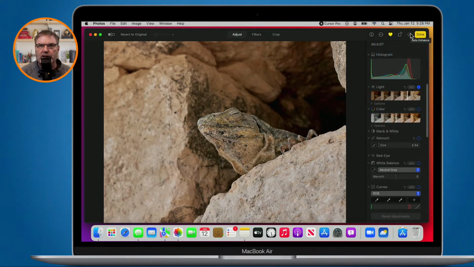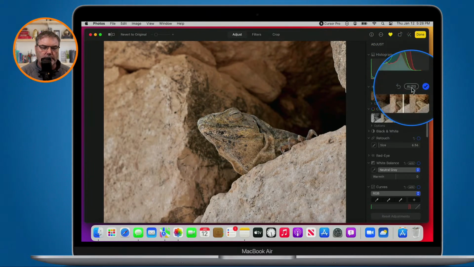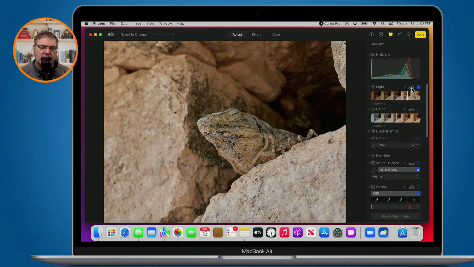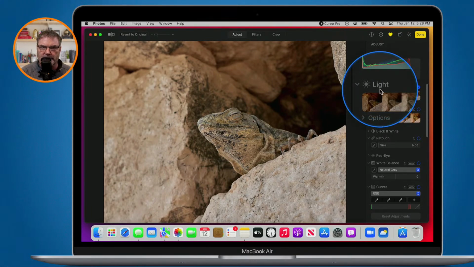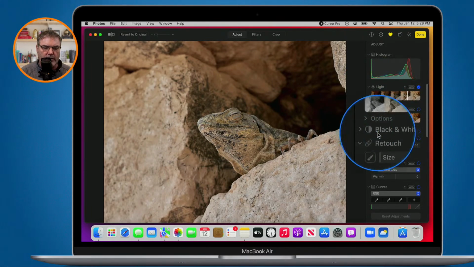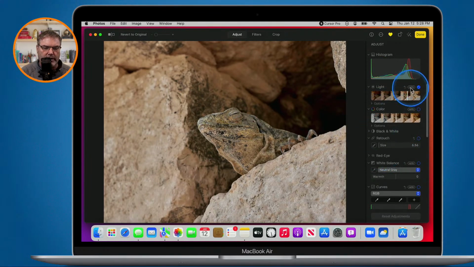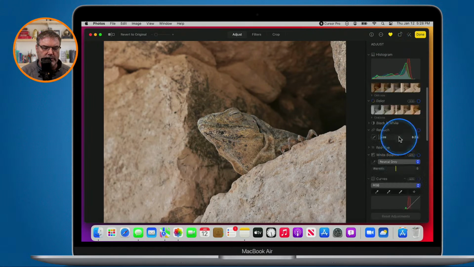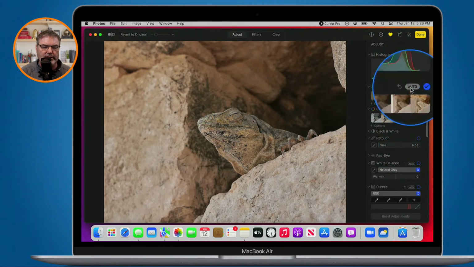We also have Auto Enhance for all of our different adjustments. If we look, you're going to see we have auto here. I click on this. What this is going to do is only Auto Enhance my light adjustment. It's not going to touch my black and white or my retouch or my color or anything else like that. So I click on auto, and all it did was just adjust light here. So everything else is going to be zeroed out. Just the light here. Now, if I want to undo that,